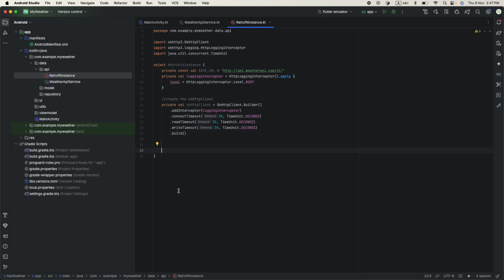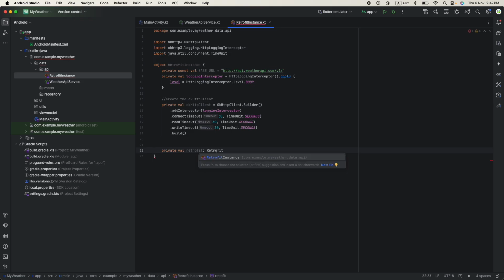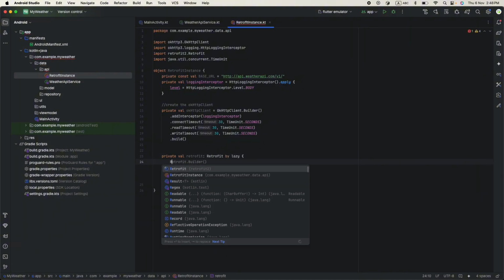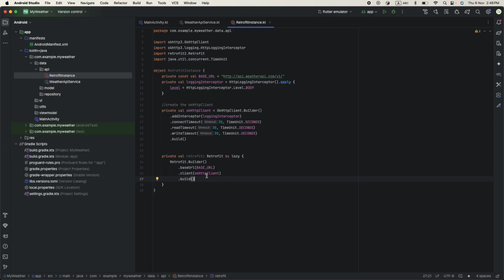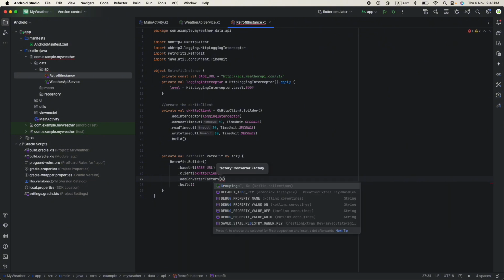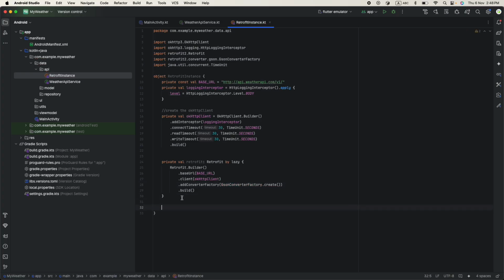Our OK HTTP client is done, and now let's create the Retrofit instance. Okay, we need to import this by lazy. What we need to do here is the Retrofit builder with the base URL and OK HTTP client. Okay, it's already there. One more thing we need to add here is the converter factory, and that one is the JSON factory. This one I think needs to be imported. Okay, so our Retrofit